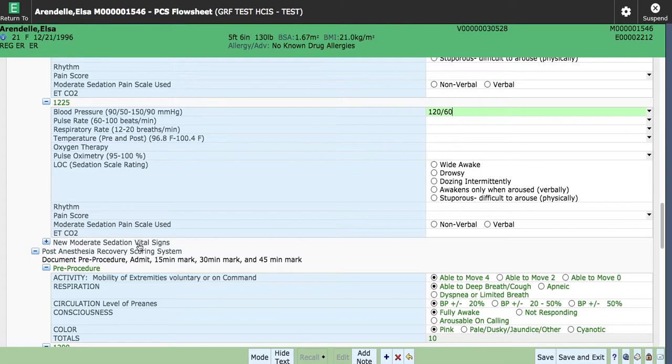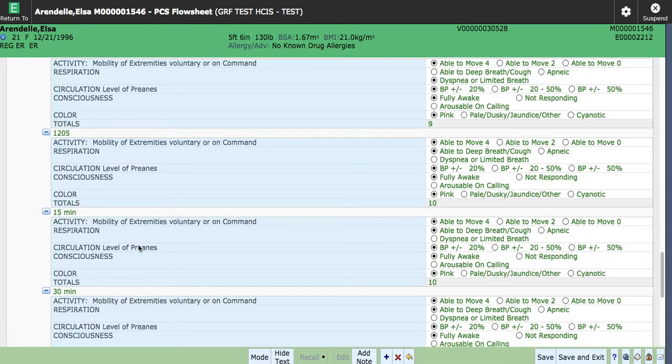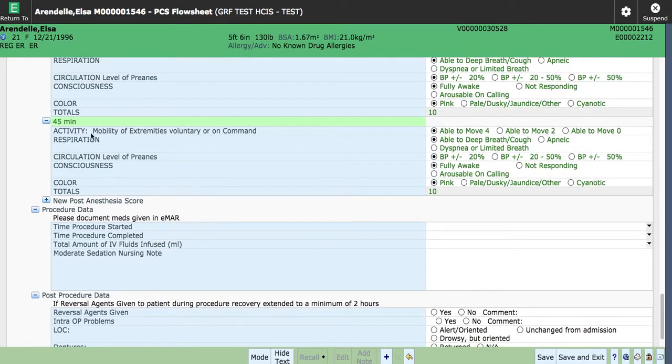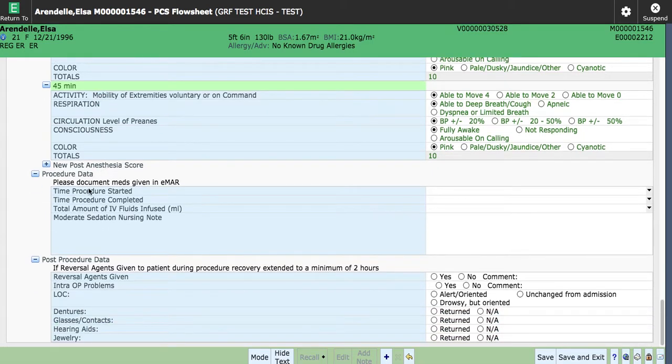You will have another set of vital signs here as well. And you can even rename these to whatever you'd like, but it's there. It gives you the suggestion of 0, 15, 30, and 45 minutes. Then you will put in the time the procedure started, and then the time the procedure ended,